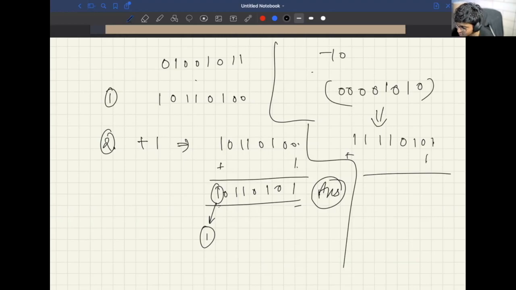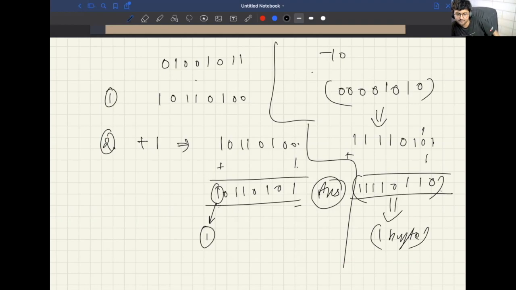1 plus 1 is 2. 2 in binary is 1, 0. 1 carry 1, 1, 0, 1, 1. This is actually -10 in binary if you're storing it in 1 byte. Make sense to everyone? Very simple. Just flip the bits and add 1 to it. Sound good? Please say something. What do you mean by adding 1 to it? How do you add 1 to the binary?